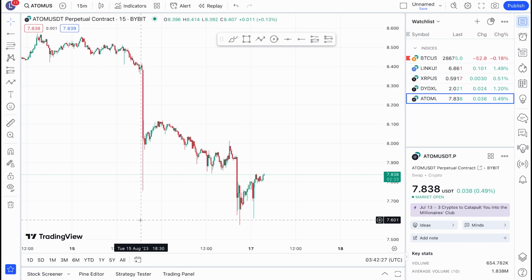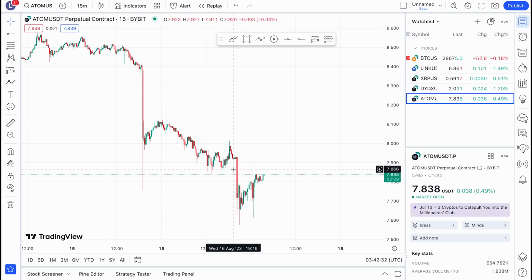Back to Atom. I'm sorry this had to be cut a little bit, but anyways, if we take a look, Atom is actually in the same position just how XRP and Link once were. If you take a look properly, it has the same price structure and exactly how price is moving, so this is not a